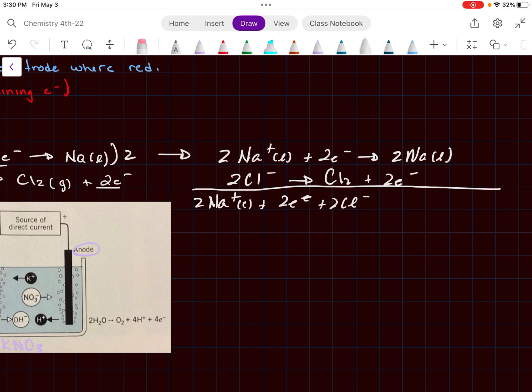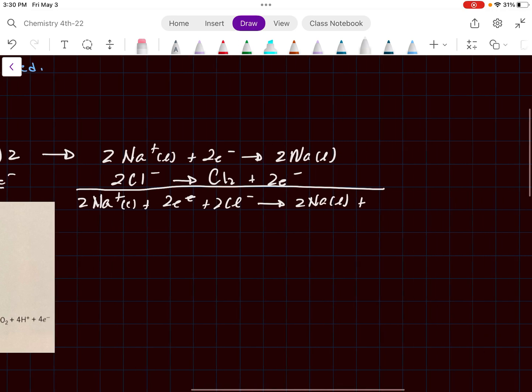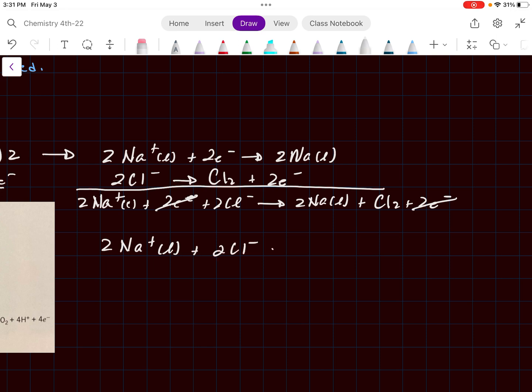And then everything on the right. Okay, if you have the same number of electrons on both sides, these are going to cancel, right? When those cancel, you're going to end up with your net ionic equation, which is just going to be liquid plus 2Cl minus produces,